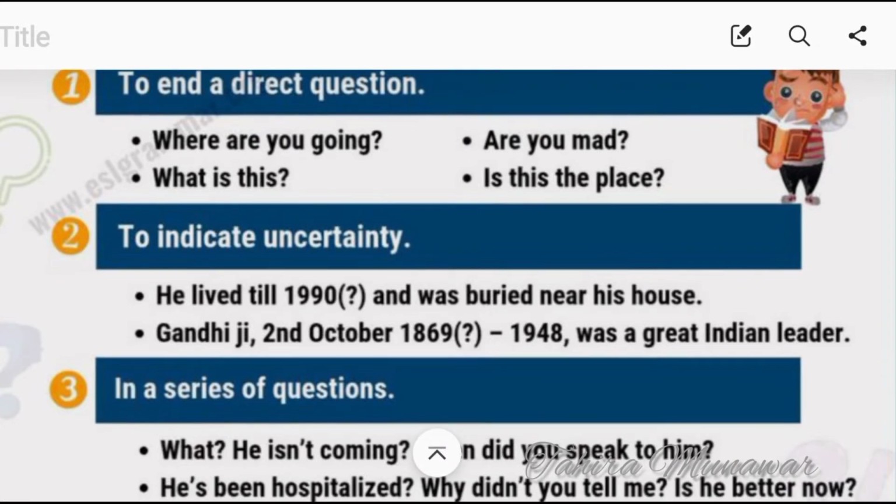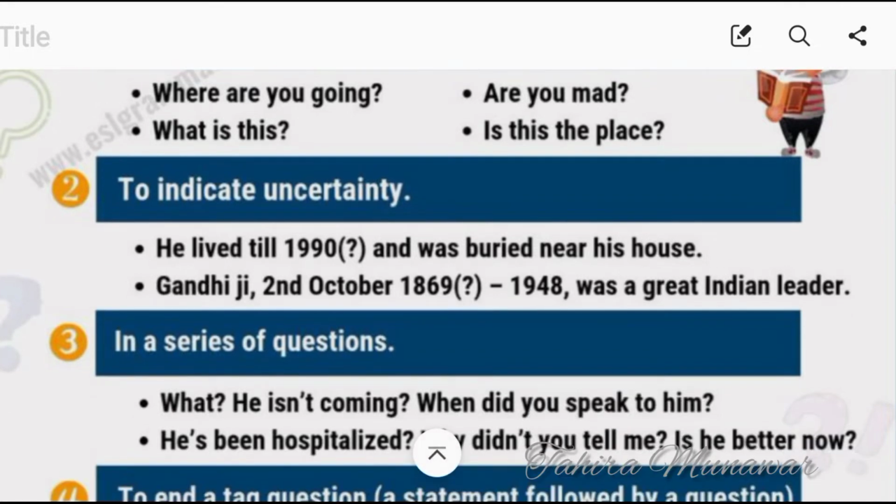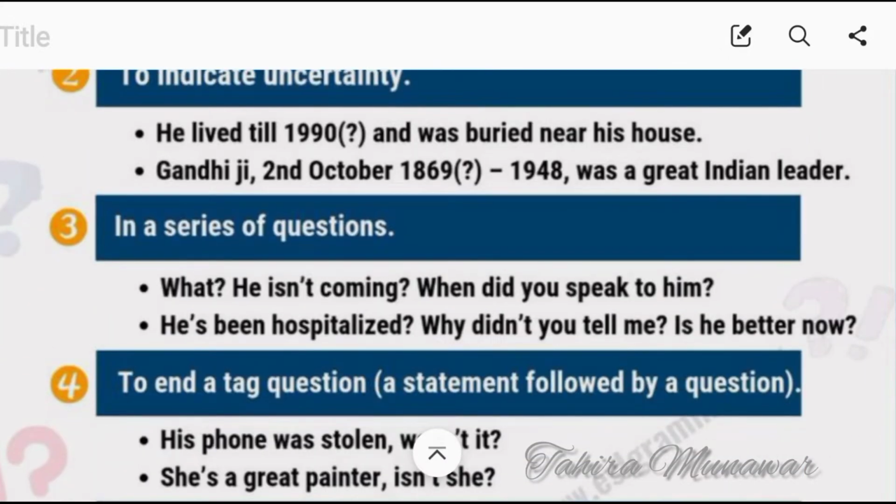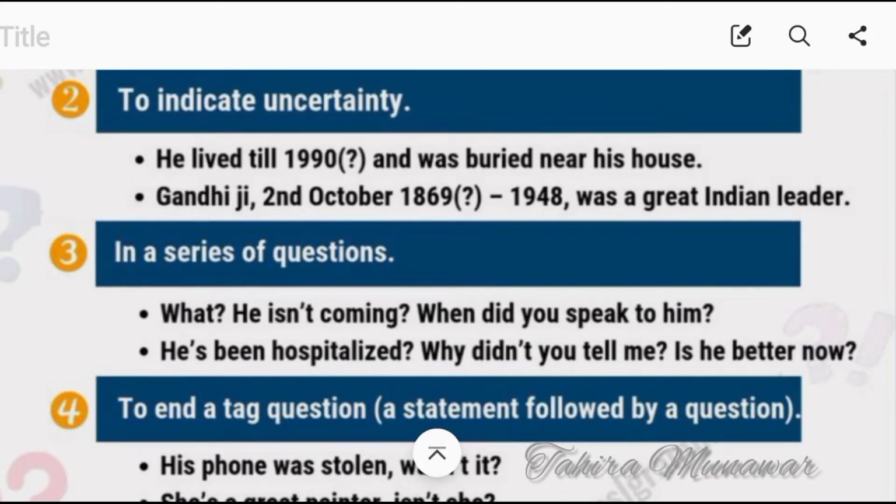Where are you going? Are you mad? What is this? Is this the place? To indicate uncertainty. Look, when you are not certain about something, you also use a question mark to tell that the writer is not certain about a certain piece of information. He lived till 1990?, and this is the question mark. Look, this question mark is telling that the writer is not certain about the exact date. Gandhiji, 2nd October 1869?, again there is a question mark that is telling that the writer is not sure about